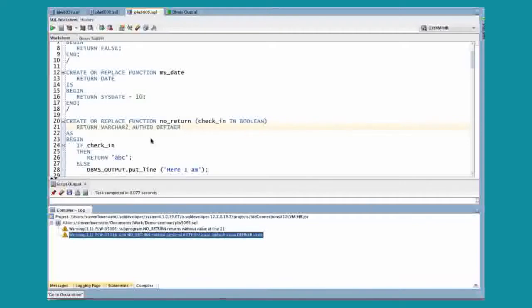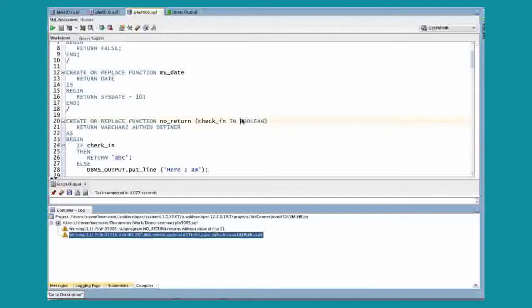Invoker rights is a feature that not many developers use, so they don't add the AUTHID clause. It's good to put it here because it's a way of defining explicitly that this is running under definer rights, but also it's a reminder to other people who come along that there's a feature that this clause relates to, and they might go look it up and learn about something they can do with PL/SQL, which is another really nice aspect all around to compile time warnings.